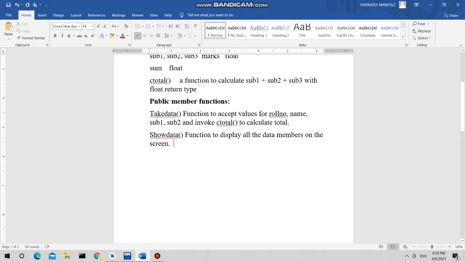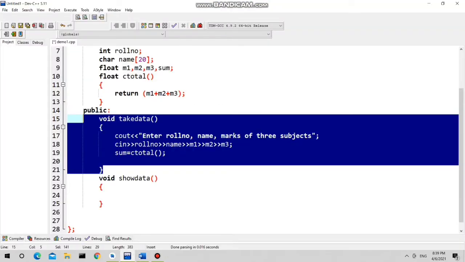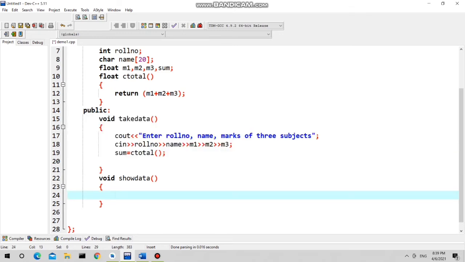And what is given in show data, whatever things you have taken as well as you have calculated, display those things to the user. So again cout, you should use cout. So I'm displaying now all those details.